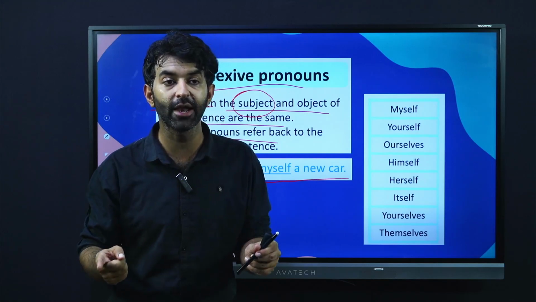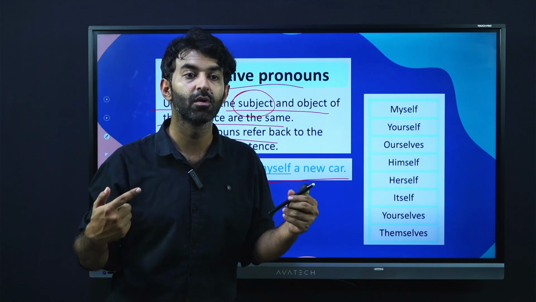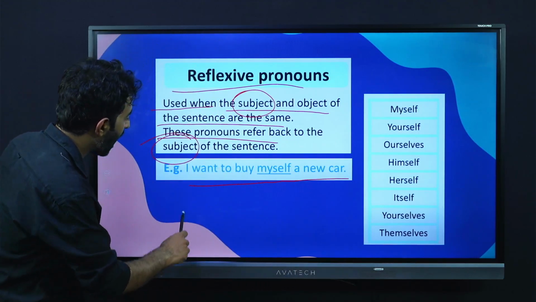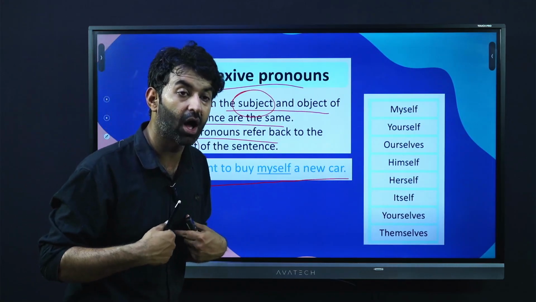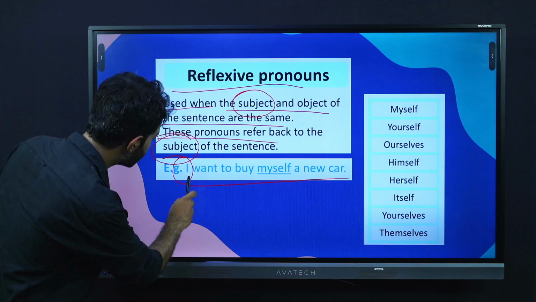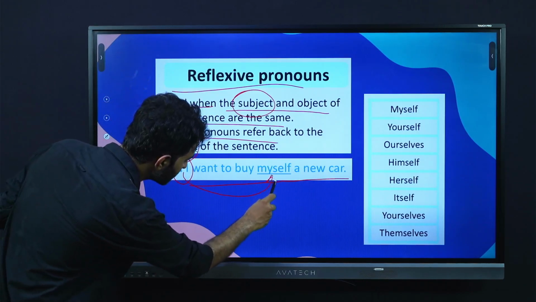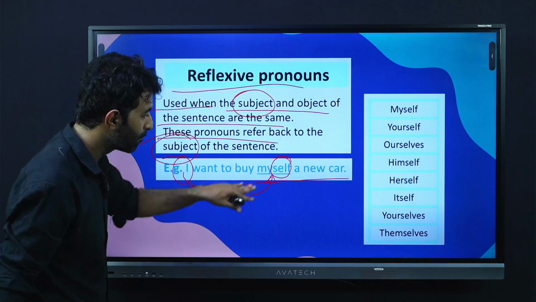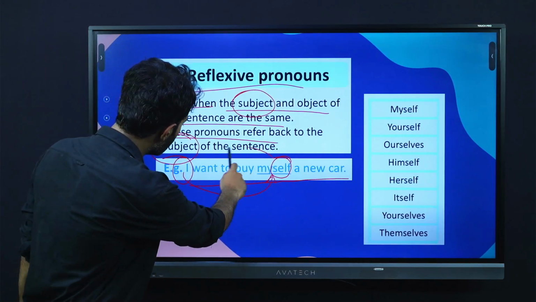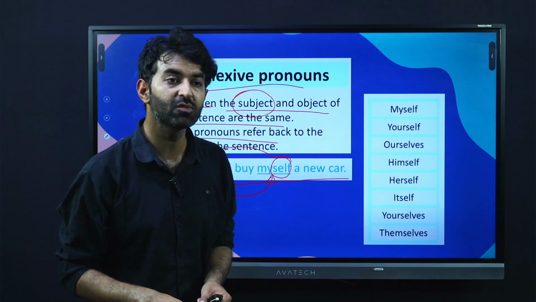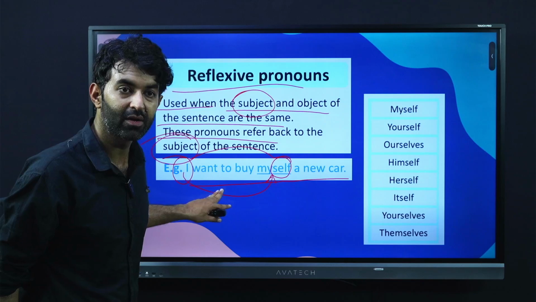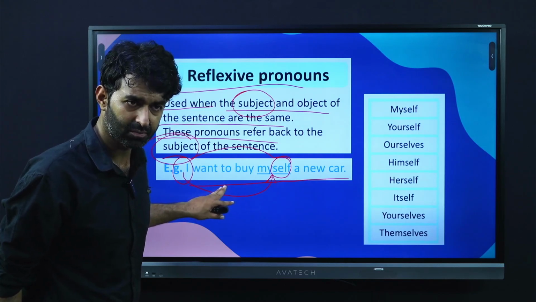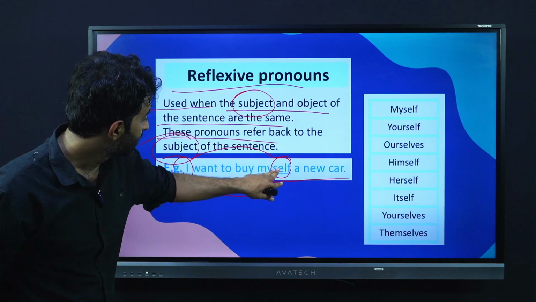This is why we call it reflexive pronouns. I want to buy myself a new car. So it means that this self, myself, is referring to the subject. Which one is the subject over here? I is the subject. So myself,